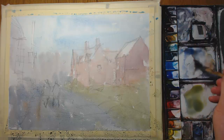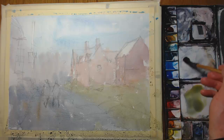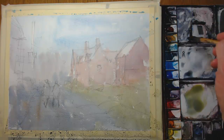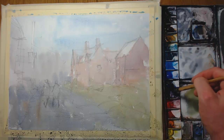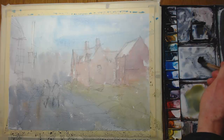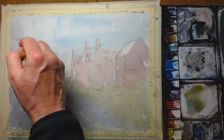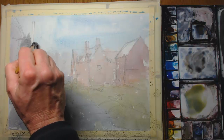So we're going to let that dry just a little bit. But while the background is still moist, I'm now going to put in some of the background trees, and again we're painting sort of wet in wet. I have a smaller brush this time, and so the paint is a little bit thicker, less water to pigment combination, and now we're just getting in